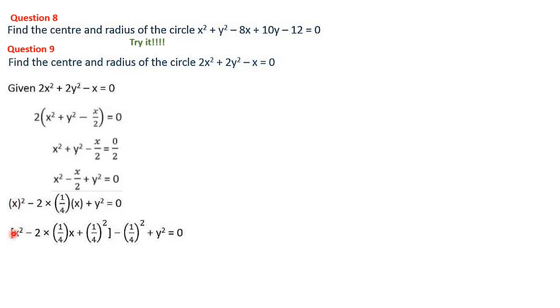So x square minus 2 into 1 by 4 into x plus 1 by 4 square we put from our hand. For balancing that one, we have to put minus 1 by 4 the whole square, because positive and negative will be cancelled. Then plus y square is our remaining term, that is equal to 0. What we have done is we split it. We should get an idea how we have to reach from this stage to this stage. Okay, there is no shortcut and all.